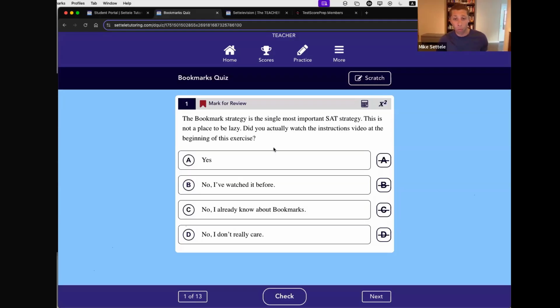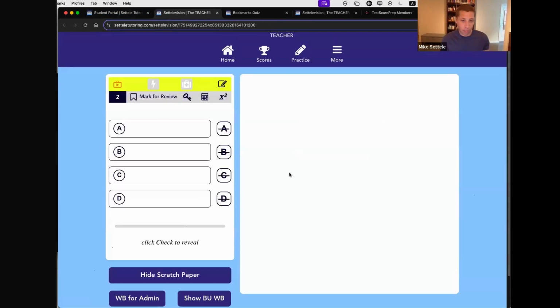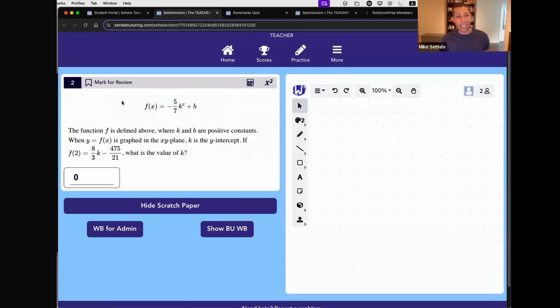So this bookmark thing, really, really important for improving our scores. We want to make sure we're taking advantage of all those opportunities to learn. So you will hear me be a pain in the neck about that. And that brings us back to this question, where most of you, even if you get an answer, are probably hitting this mark for review button. And you can do that even on the questions that we work on in this portal here. And I have all your answers here, so I know when you guys are struggling, getting something right, getting something wrong, so I can keep track of everyone.